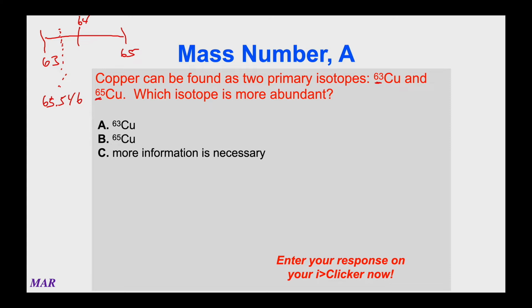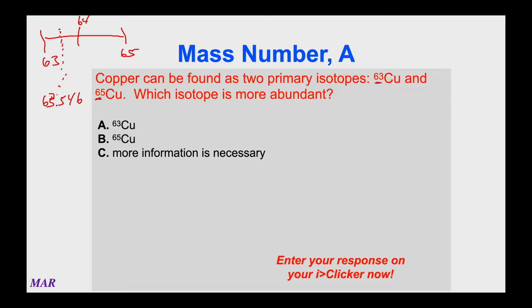The molar mass gives you a hint as to which isotope is most abundant, because remembering that the two isotopes together equal the molar mass on the periodic table, you can kind of see what's happening. For example, if you had 50% copper 63 and 50% copper 65, then the average of those two would be halfway between 63 and 65, which would be 64. So if the number on the periodic table was 64, then you'd say you had 50% 63 and 50% 65. But again, the number on the periodic table there is 63.546. That's a terrible 3.